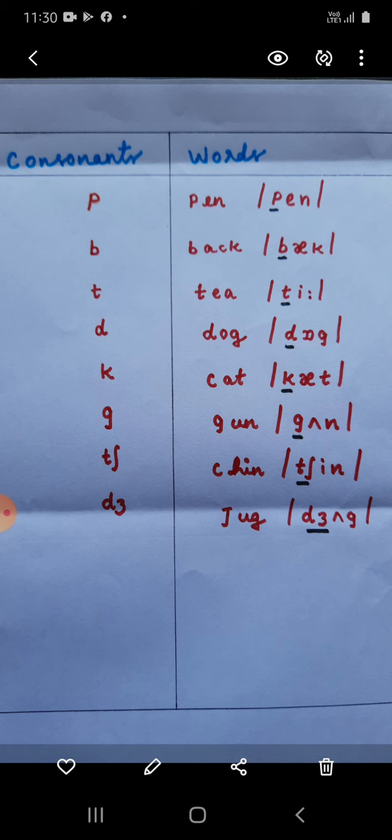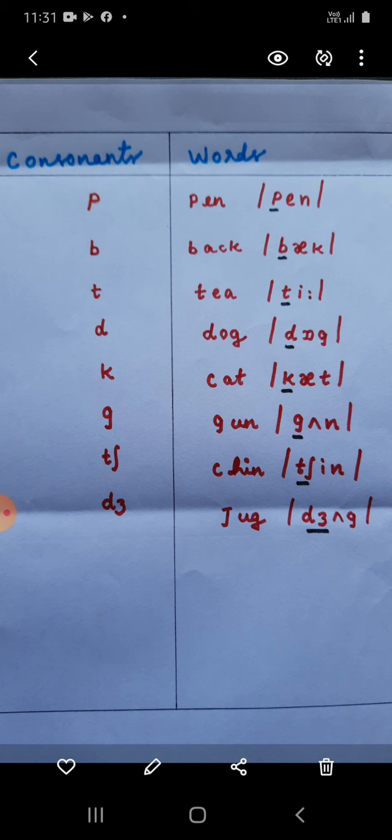Ready? The first sound that you can see on the screen is P sound. The pronunciation of that is P. We are writing a small letter P and we are reading it as P sound. So the phonetic symbol is small letter P, but the pronunciation is P sound. And you can see the example is provided here as pen. P as in pen. P-E-N, pen.